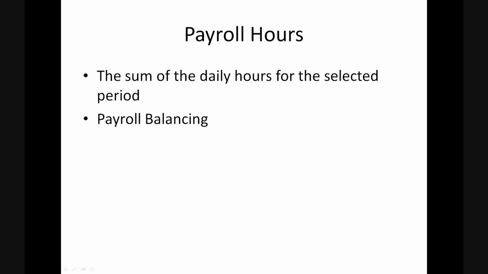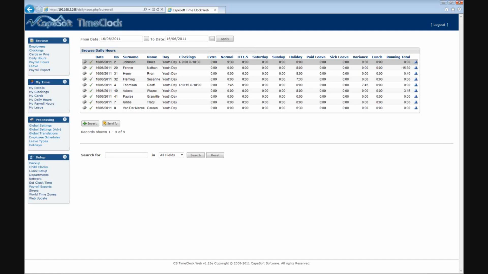We've gone through our settings for our daily hours calculations, and we get to the point where we want to see our payroll hours. I'm going to assume that my payroll is only 7 days long, and the payroll hours are actually just the sum of the daily hours for your selected period. You can also do payroll balancing on your payroll hours. So just again as an example,